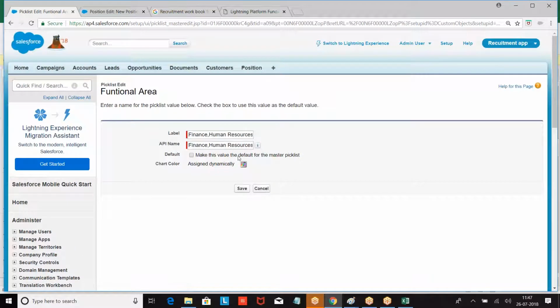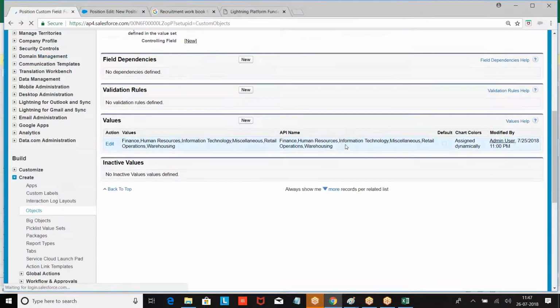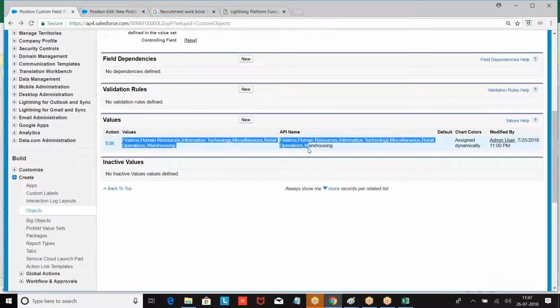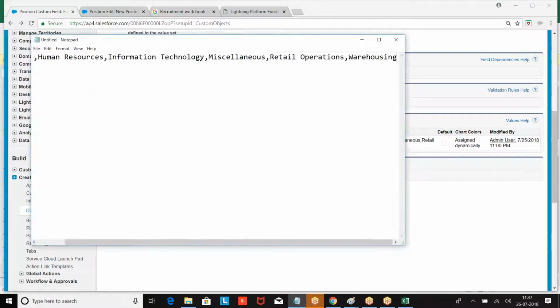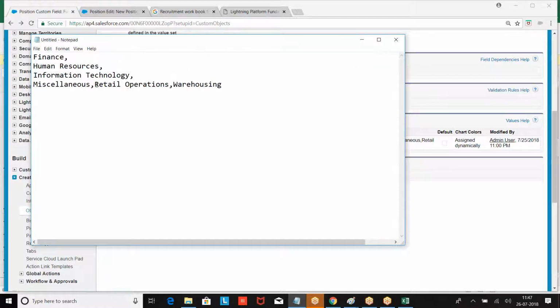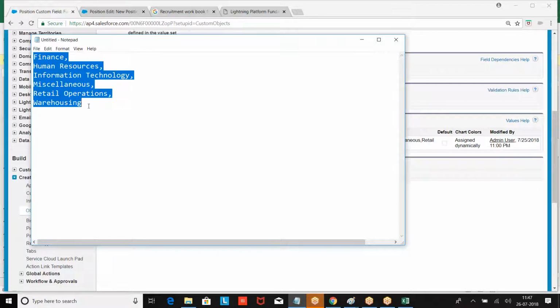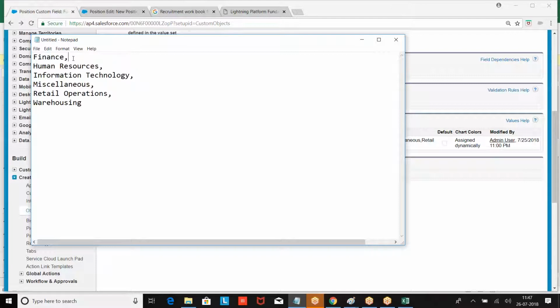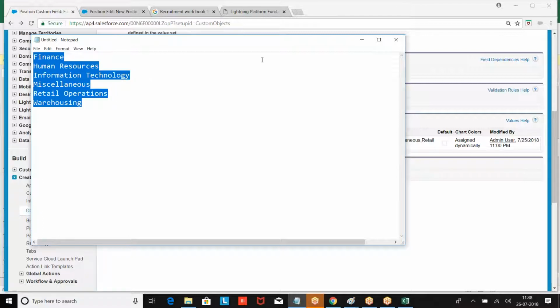Edit. You are supposed to take these options. So let me take it. This is the bug.